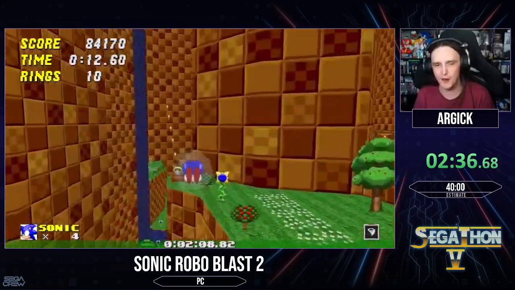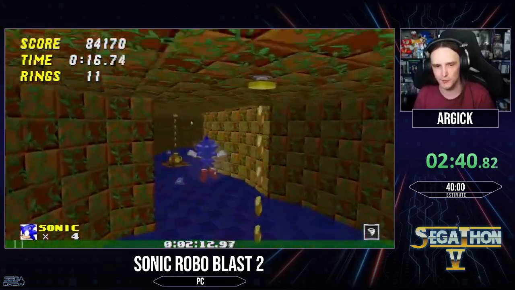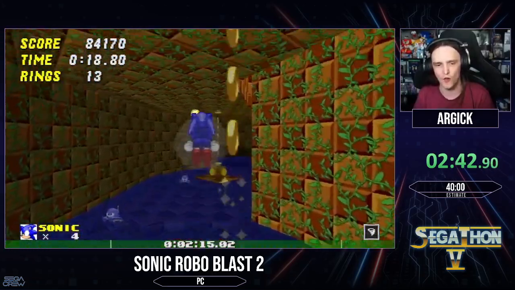So we're going to jump up with this shield now. This gives us the power of double jumping. We're going to go down the bottom here, because we're going to double jump our way around this one. Don't get hit on the